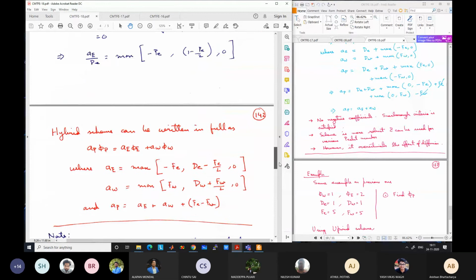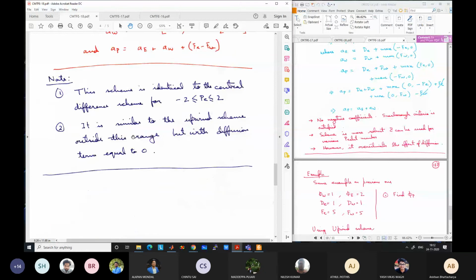So this is the hybrid scheme. So again, same equation, but the coefficients have different formulas. Okay, and this can be easily calculated based on known parameters Fe and D, where Fe is the convective advective strength, which can be written as rho u. At the interfaces, it can be interpolated, and De and DW can be interpolated based on gamma and delta x. Okay, geometrical parameter and diffusivity. So all the terms can be known or calculated, and we will be able to calculate AE, AW, and AP. Okay, and do that for all the grid points and solve the equations.